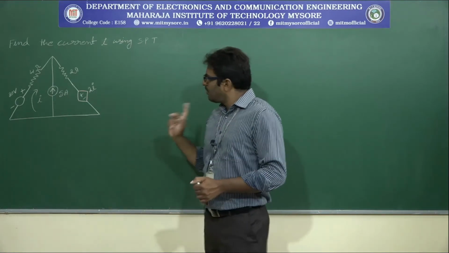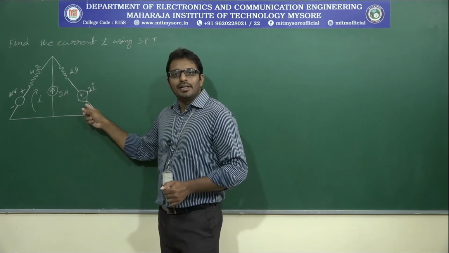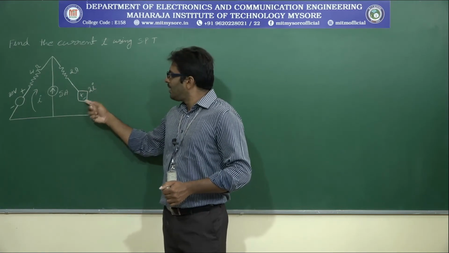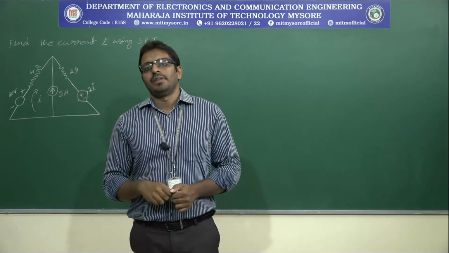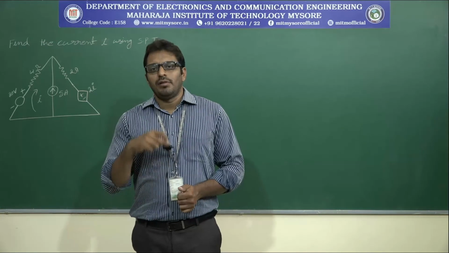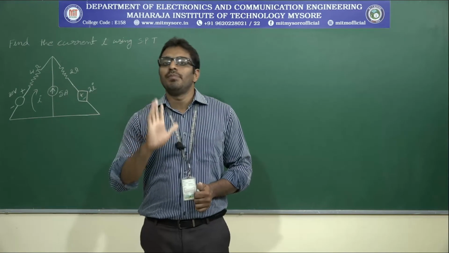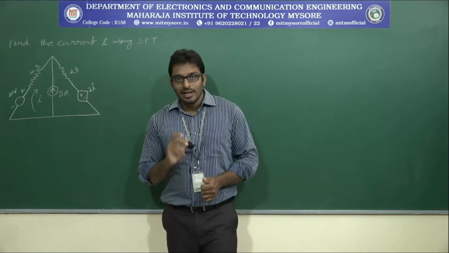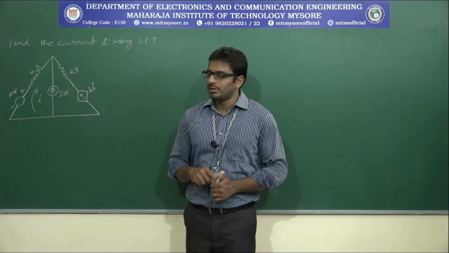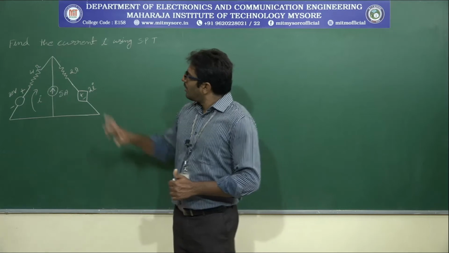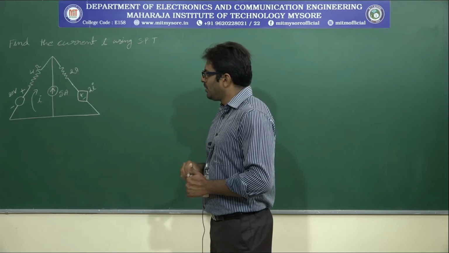For the first time in superposition theorem, we are seeing one dependent voltage source, a current dependent voltage source, in the circuit. When you are applying the superposition theorem, the number of cases we need to consider is equal to the number of independent sources. Therefore, what is the question? Find current I by using the superposition theorem.